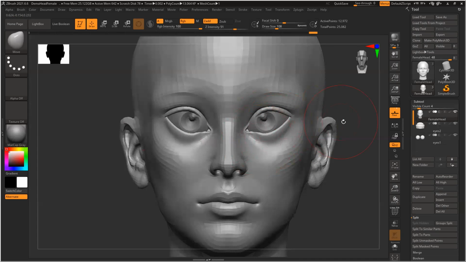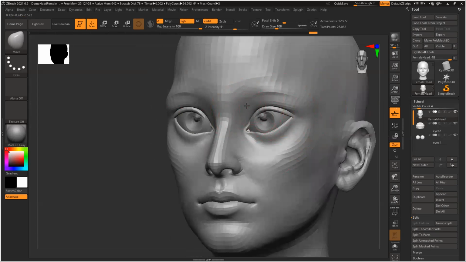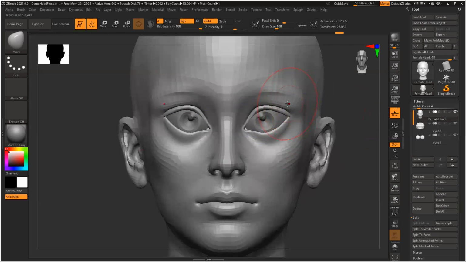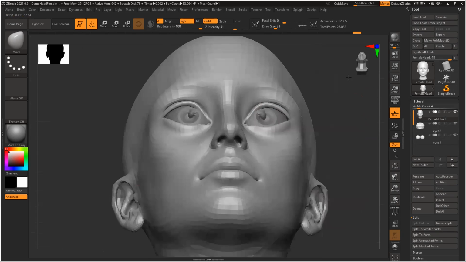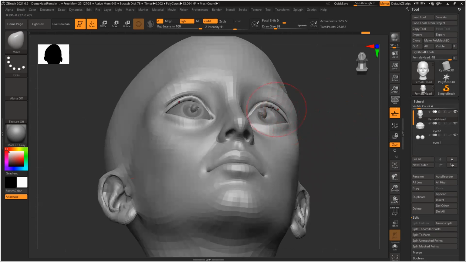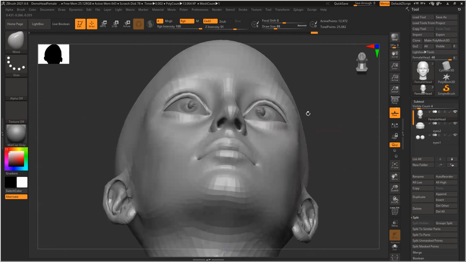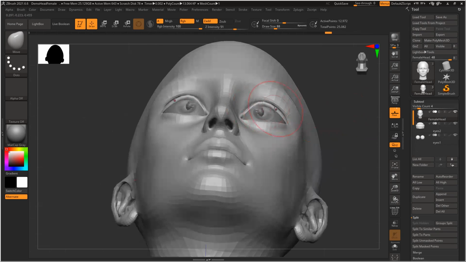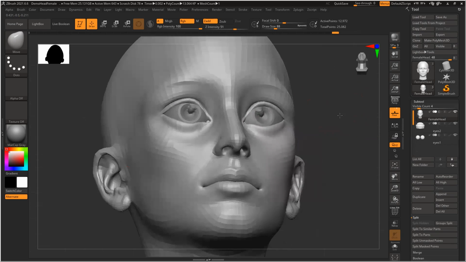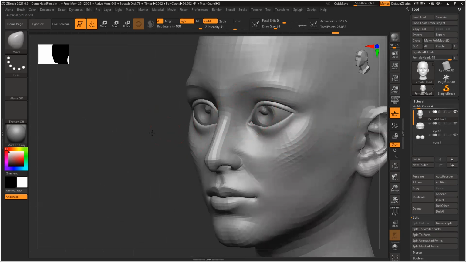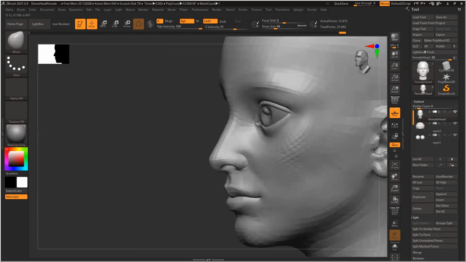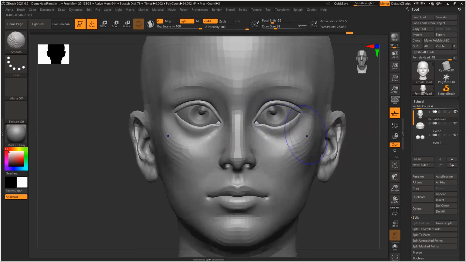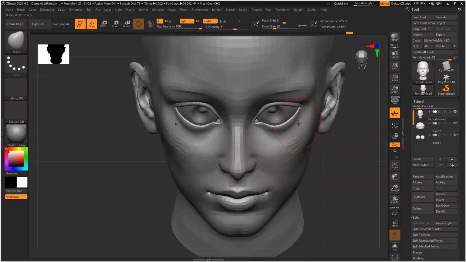Like this, slowly move it up. It's creating a gap, so make sure to maintain the distance from the eyeball. And make sure the thickness overall is the same.